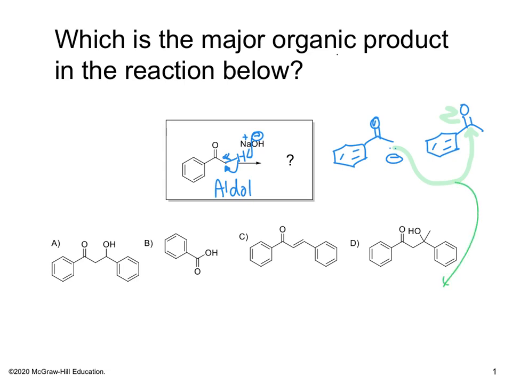And then when you draw this together, we draw the alpha compound just like it is, and then this beta carbon here